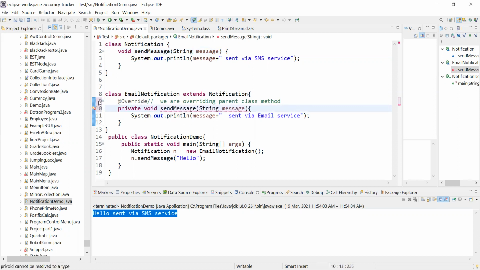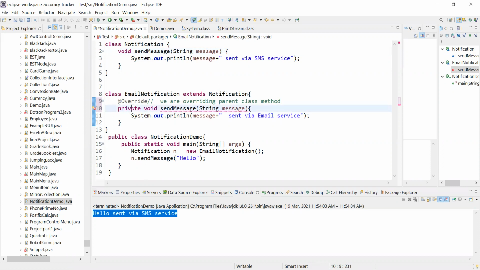So you will see we are getting "cannot reduce the visibility of inherited method from Notification." Means while doing overriding, we cannot reduce the visibility or the scope. Like we have discussed about the scopes, the least scope is with private, then we have default, we can say a package scope, then we have protected, then we have the public scope. Okay, now what we are doing, there is a method which is basically default here, but what we are trying to do here is to make it private.